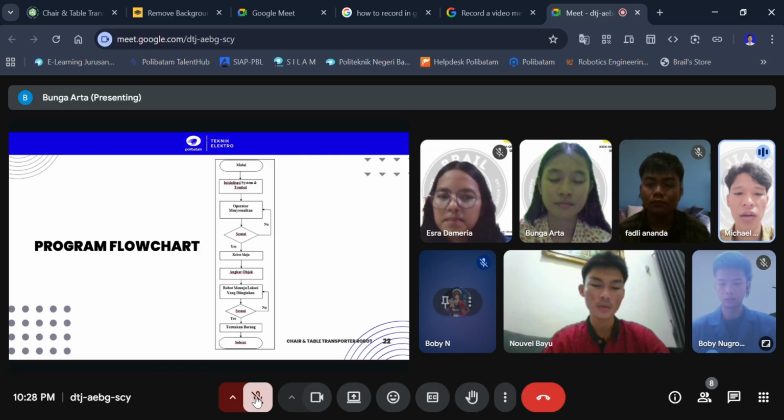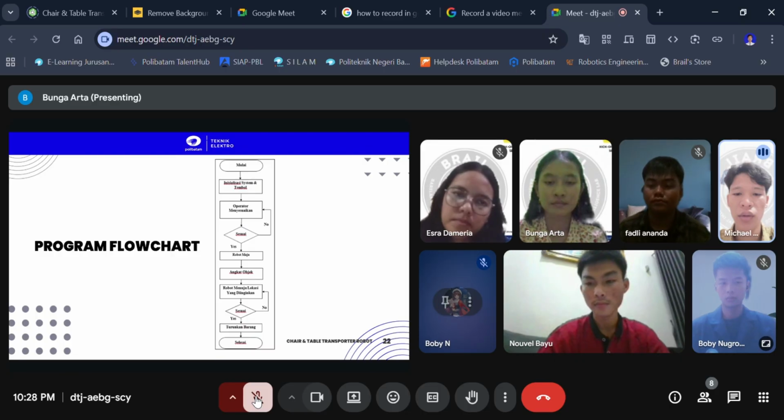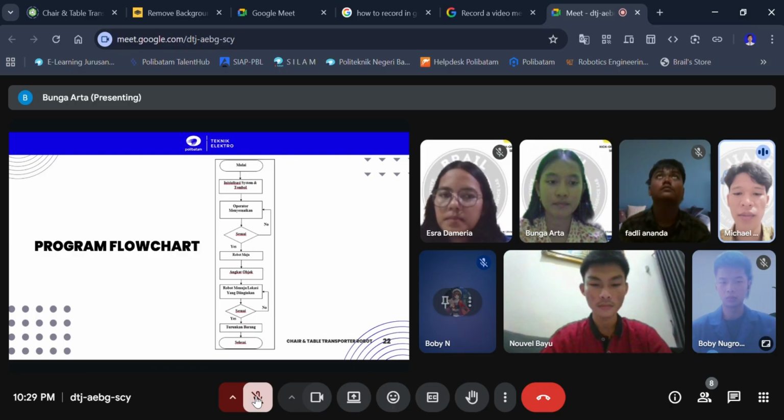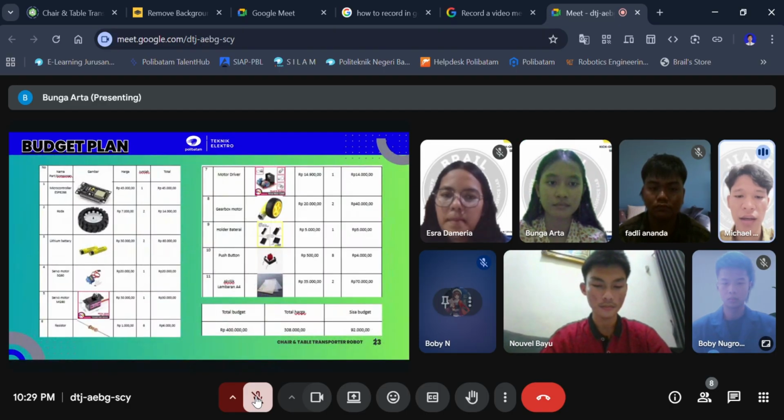If the position is not correct, the operator continues adjusting it. Once aligned, the robot will lift the object and move it to the desired location. When the robot arrives at the destination, the object is lowered by pressing the down button, and the process is complete. That concludes my explanation about the program design and flowchart. Thank you.